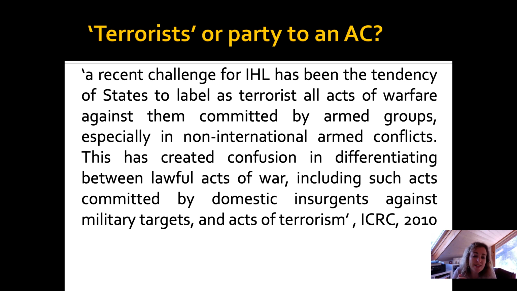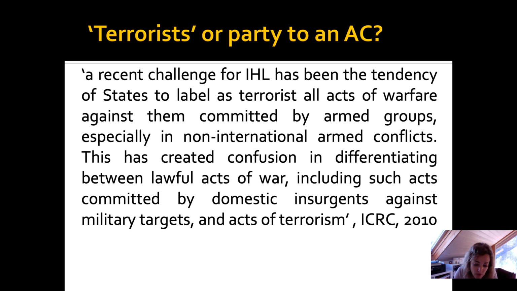So while it's true that it's difficult in practice to have either a state or an armed group that respect IHL in the conduct of hostilities, generally speaking, there will always be some violation, although they can be graded in a scale of seriousness. There might be cases where an armed group tries to respect IHL by, for example, targeting only military objectives. And this will be an example of how an armed group respects IHL.